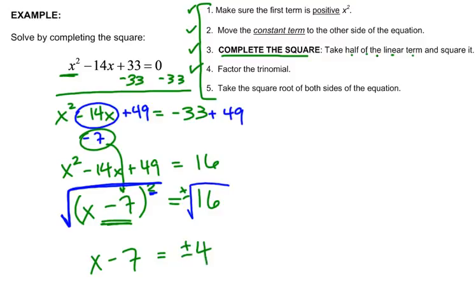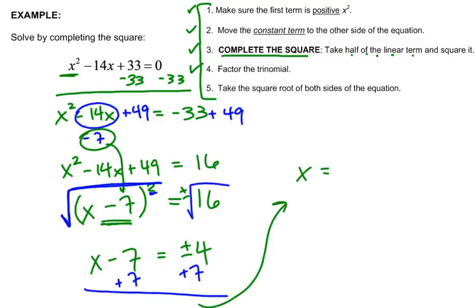So we get positive or negative 4, and that's a place where a lot of people tend to make a mistake. So make sure you recall always that we are going to get a positive or a negative value for that square root. The last step, of course, is going to be to solve this out. So we're going to add 7 to both sides, and that's going to give me x left on the left side, and then I'm going to have positive 7 plus and minus